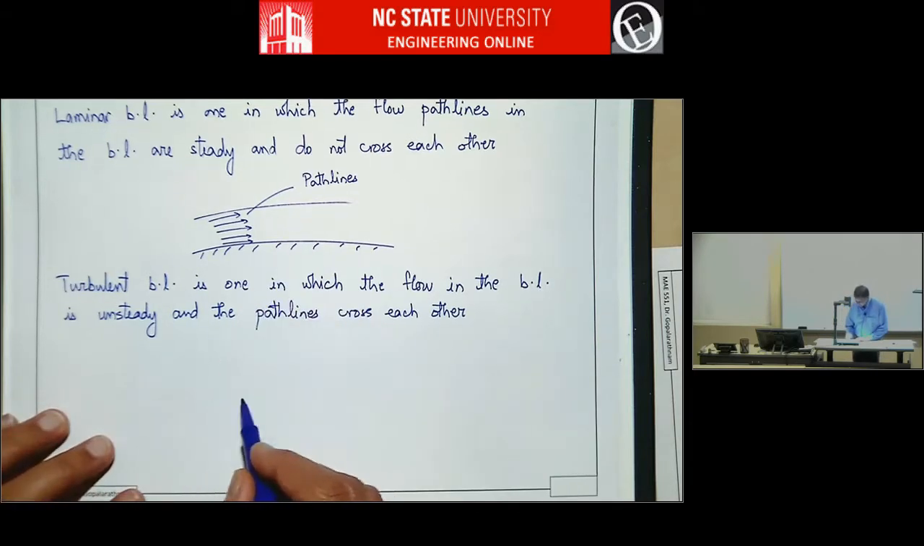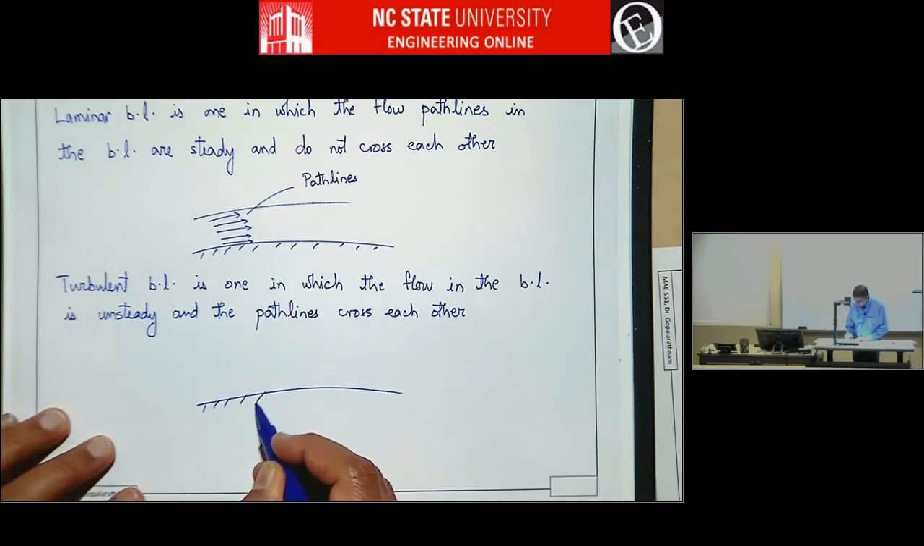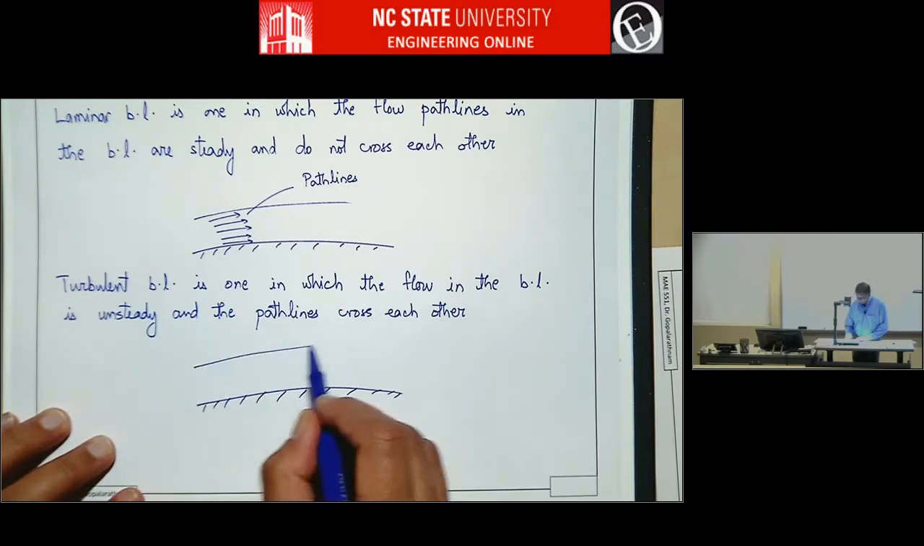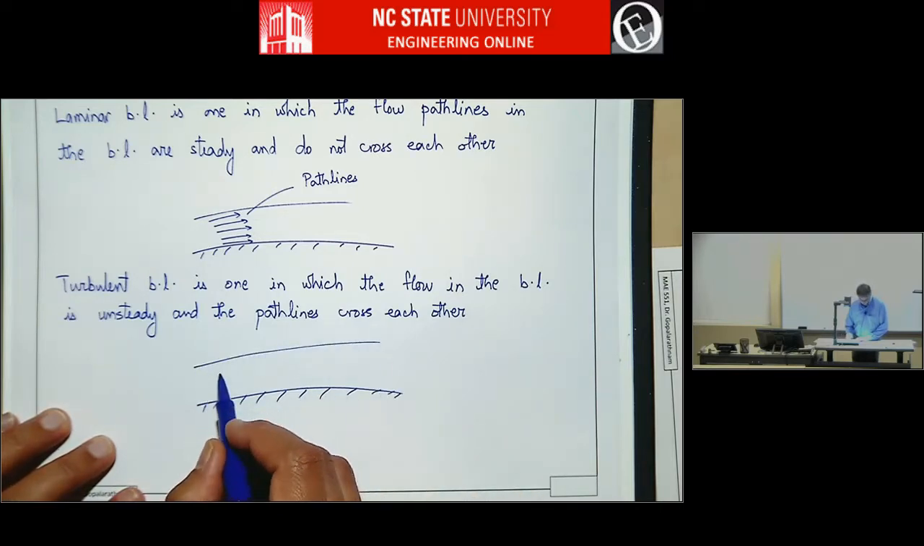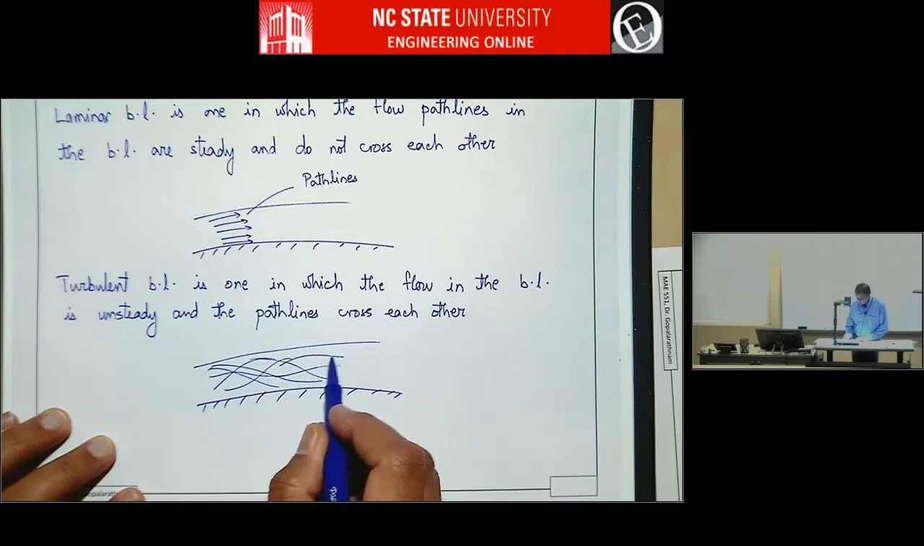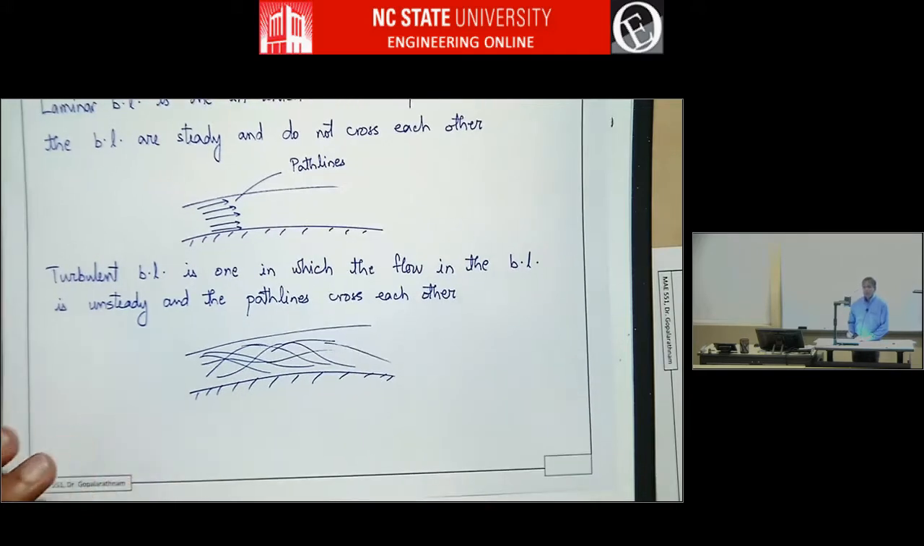So if you take a similar picture for a turbulent boundary layer, here's the surface, and the path lines will cross each other as the particles flow along. So the flow inside this is also unsteady,